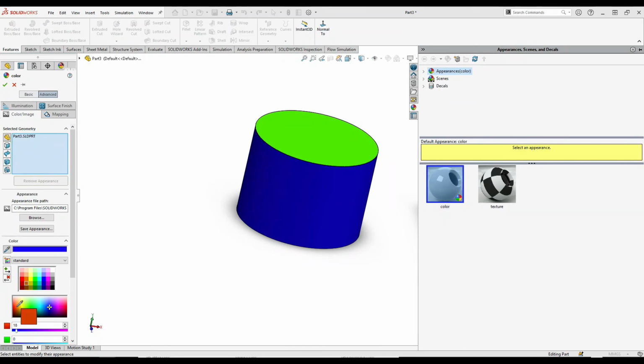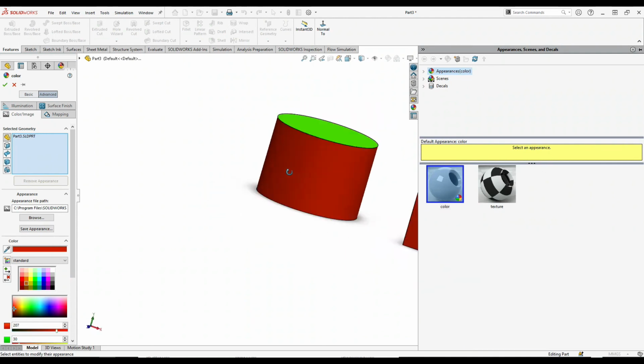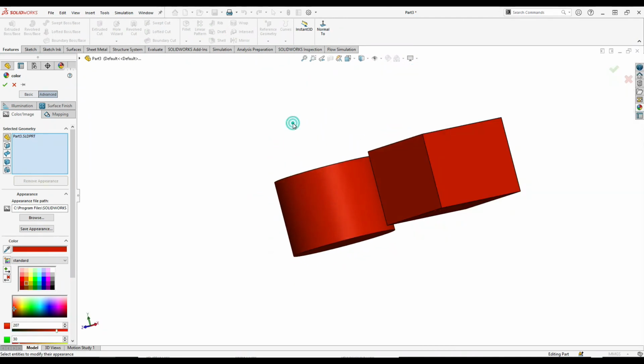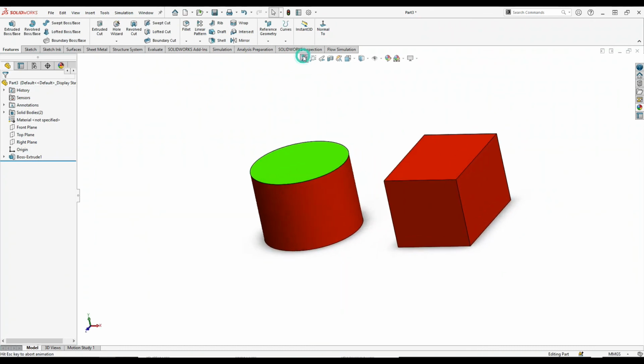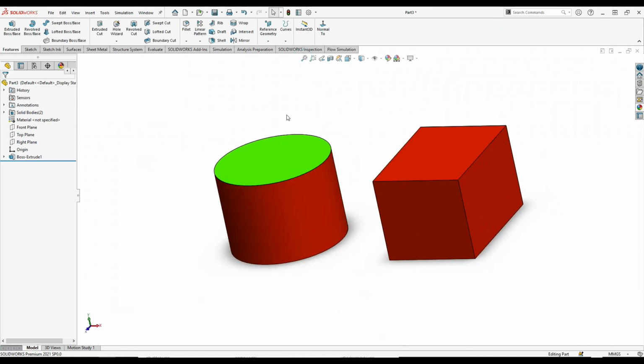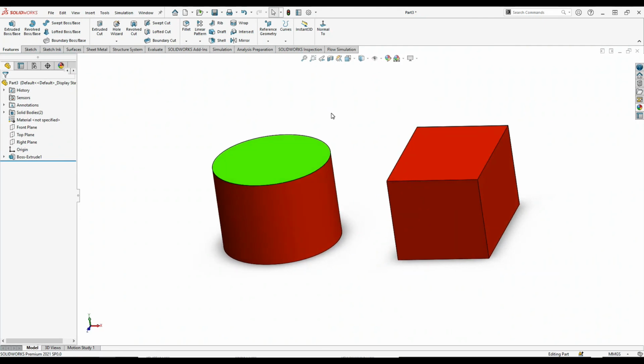Like how I am using this color, just click the mouse and drag something here, and then just leave, and it will change automatically. The selected part will be changed. So this is all about the colors, and how we can change the color systems from here also. This is all about the customization system.